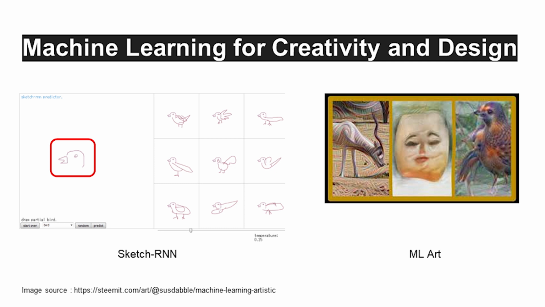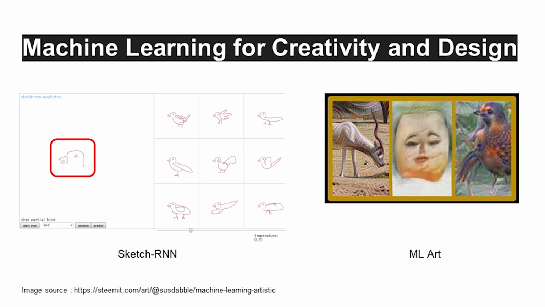So the image on the left is the Sketch RNN implementation by Magenta, where one can sketch, and on the right it will generate different possibilities to develop and enhance that sketch. This can provide some insight which the human mind might not have thought of before they started that exercise. On the right, these are some of the applications the artist community is applying. It can be Deep Dream, GAN, and various other ways to enhance and create art which the world has never